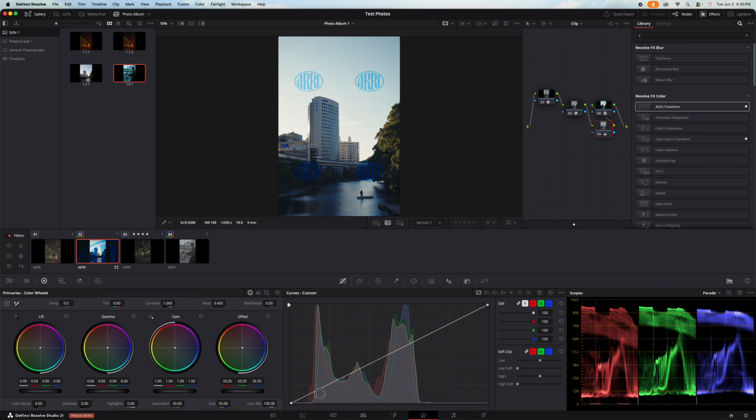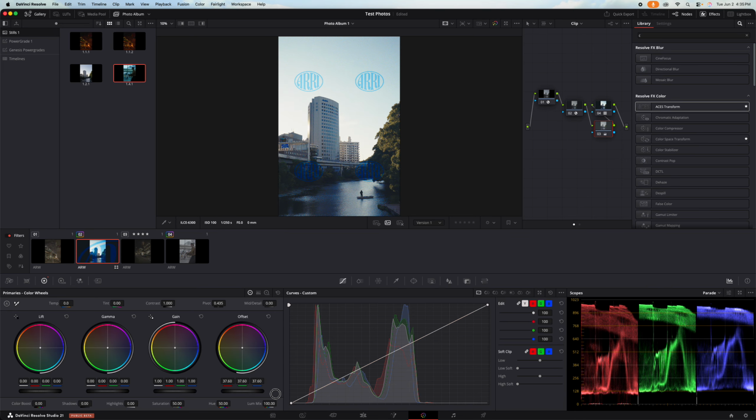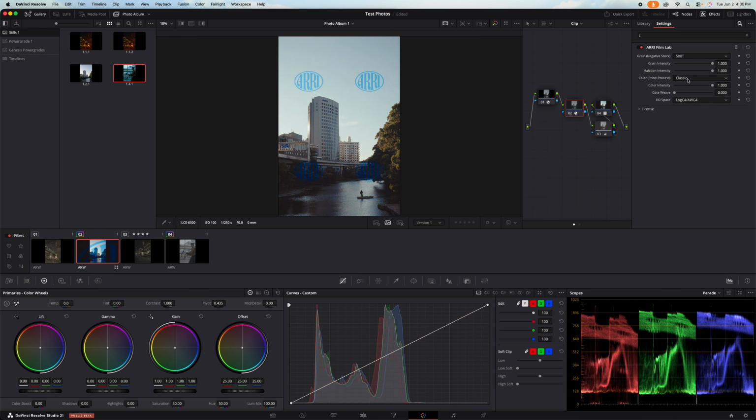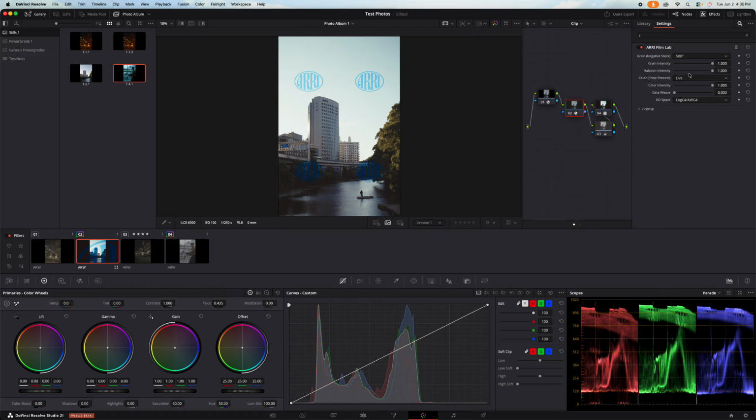Because S-Log3 is Cineon compliant, but you also get a really strong toe lift whenever you do offset. I was trying to avoid the toe lift, but I kind of like it, to be honest. It's nice. But yeah, within this, you have Premiere, Classic, Live, Reversal,